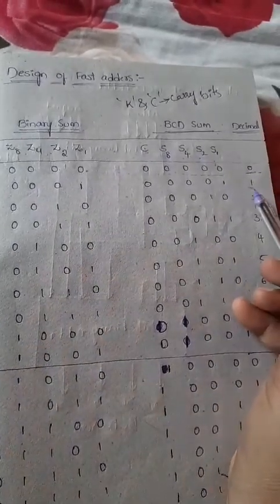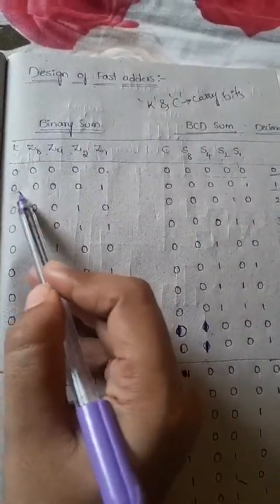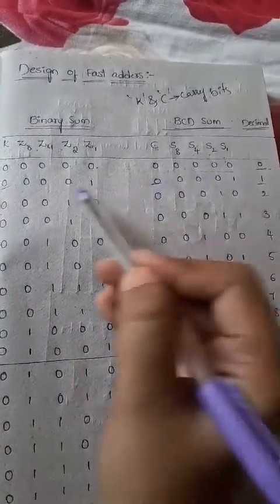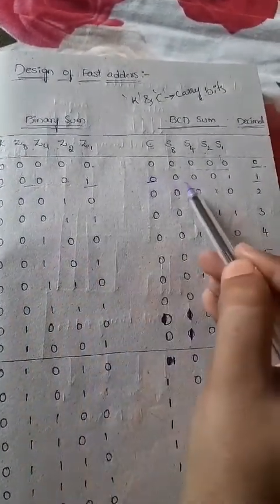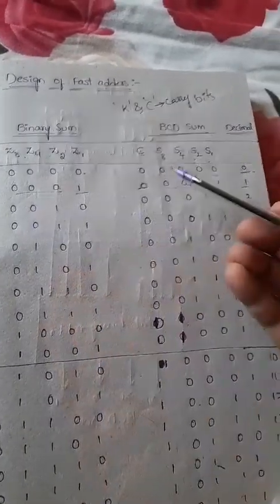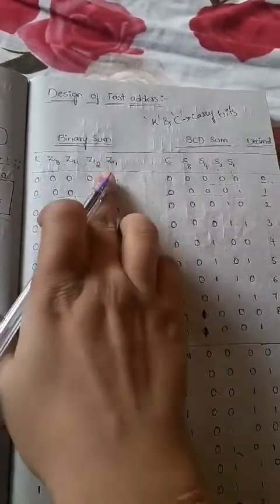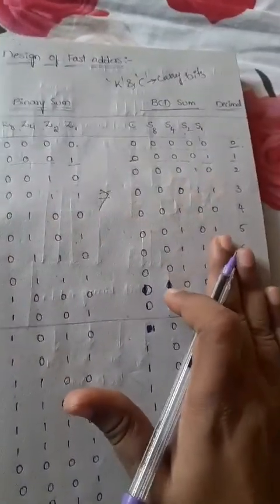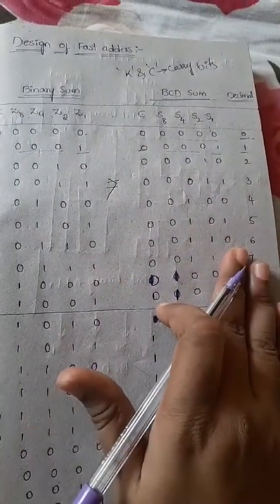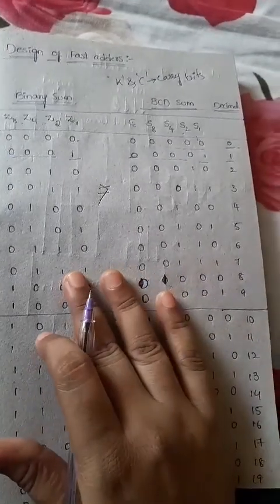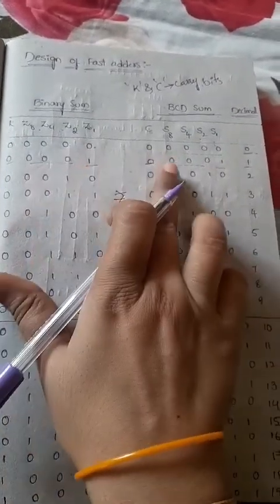Okay, so coming to decimal number 1. What is the binary sum? Carry will be 0, and here also carry will be 0 for 1. And what about the number 0001? Here also 0001. Like that, for all the decimal numbers from 0 to 9, the BCD representation and binary representation both will be the same. So you have to check that the binary sum and BCD sum for 0 to 9 will be the same here. If we take the decimal number 1, just observe: 0001 and 0001. Carry bit will be 0, and here also carry bit will be 0.